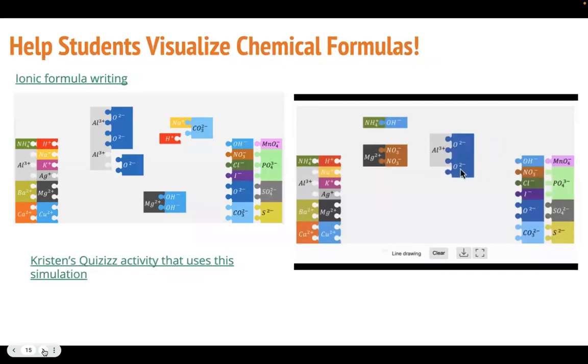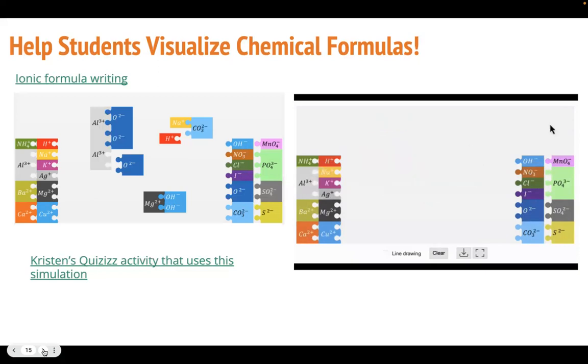Right. And you could definitely use this as part of a lab where the kids would build something and then take a screenshot of it. You can focus on what it takes to create a neutral compound, the role of positive and negative ions, the ratio between those positive and negative ions, and how that translates over to writing a chemical formula. I was limited to a 30-second limit, but it really shows, especially when you're building that